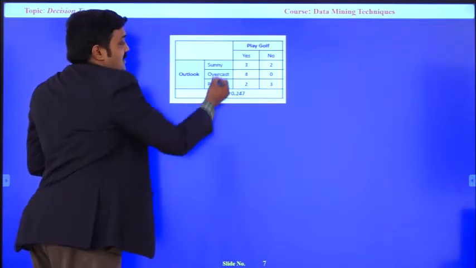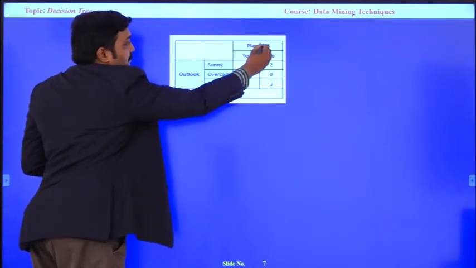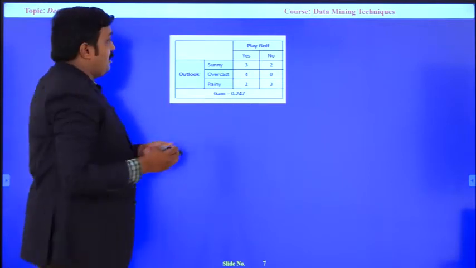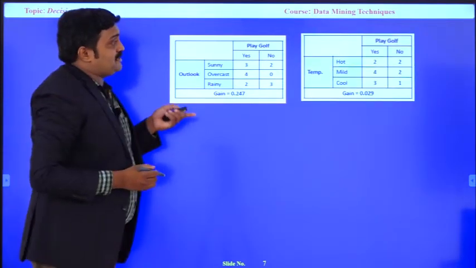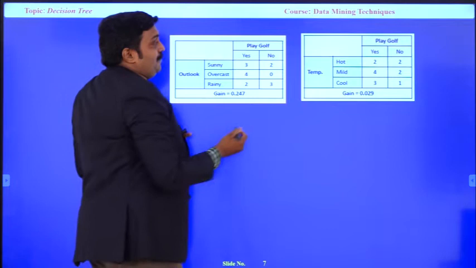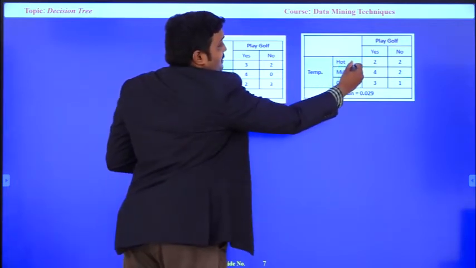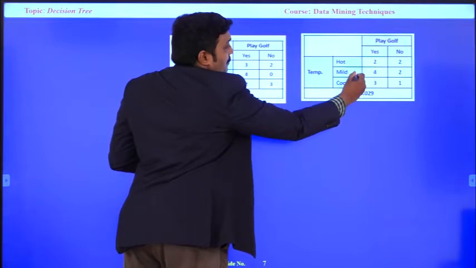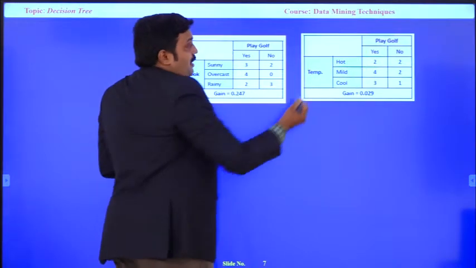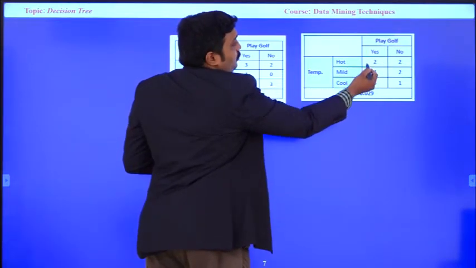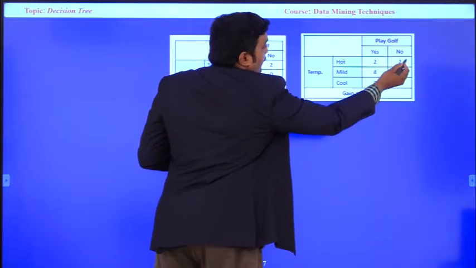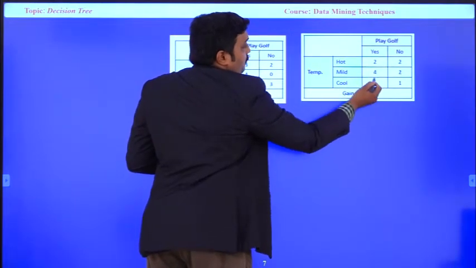We are done with outlook with play, and now we are going to do the same thing with temperature. Like outlook, temperature has three classes: hot, mild, and cool. For hot, 2 are going to play, 2 are not going to play. For mild, 4 are going to play, 2 are not.